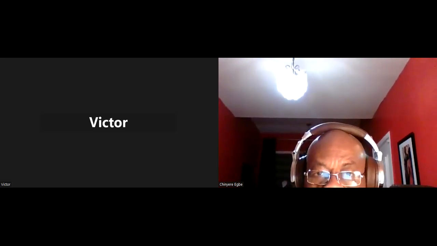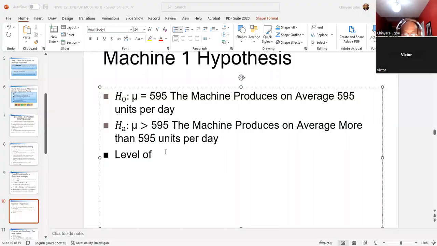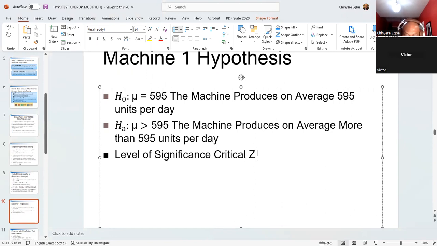So I got 2.771. Okay, so level of significance. Critical Z, actually critical T, because it's a small sample, is 2.771. All right. Okay. So we calculate then